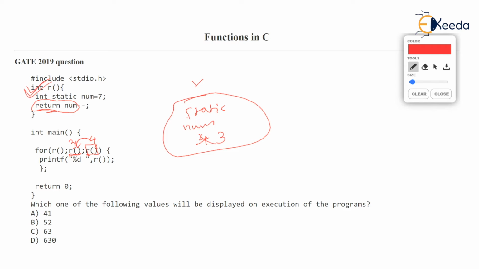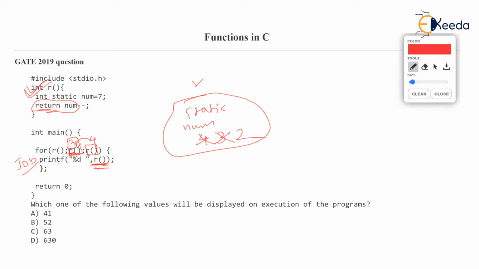3 will get returned here at the call. But after returning 3, num will become 2. But 3 is true, isn't it? Note this condition here. This condition is true. 3 means true. So if the condition is true, job is done. And the job is print r. So there is again a function call.